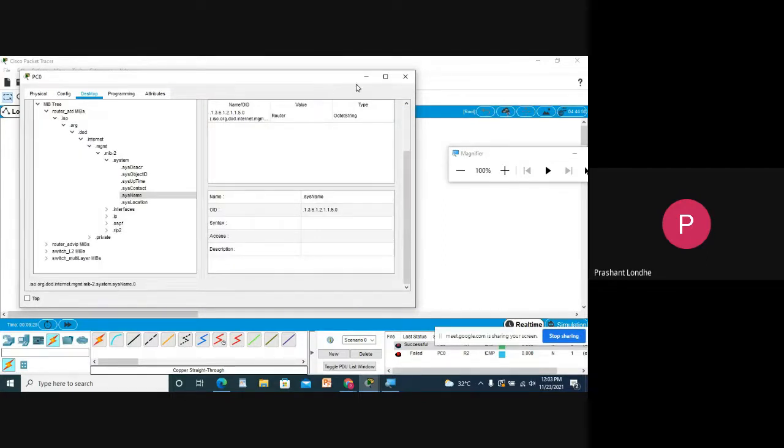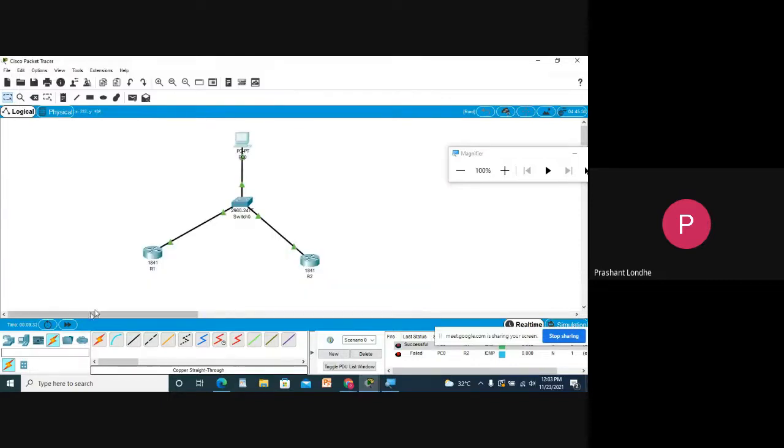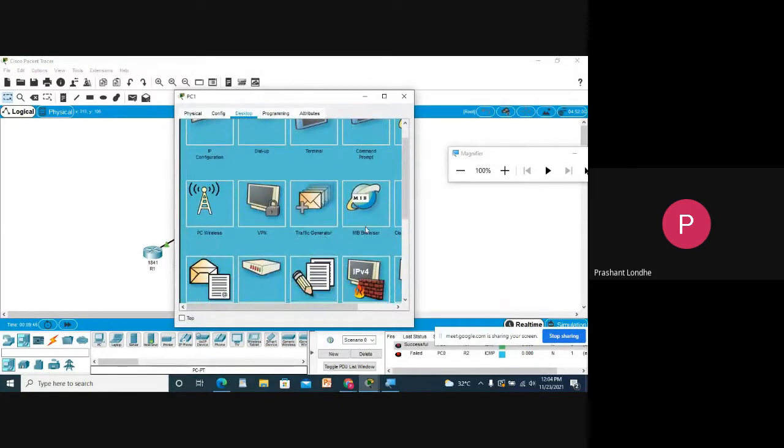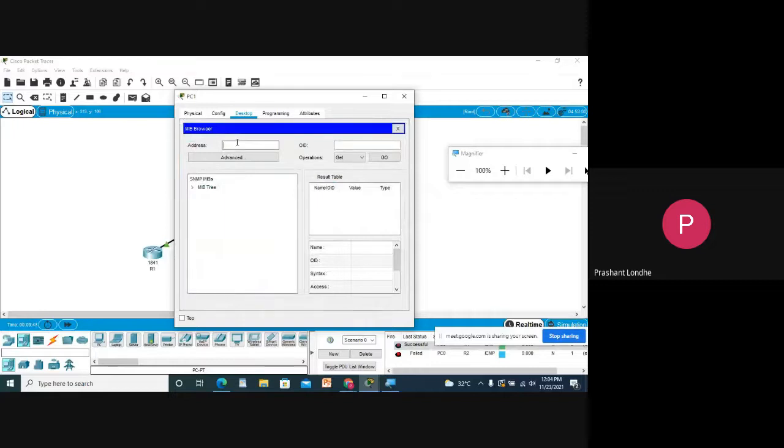Now let us take one machine that does not have any SNMP protocol, or which I have not connected to this network. Let me open the MIB server of this machine so you will see the difference. Now if I put some random command, as it is not connected, I cannot set any SNMP.